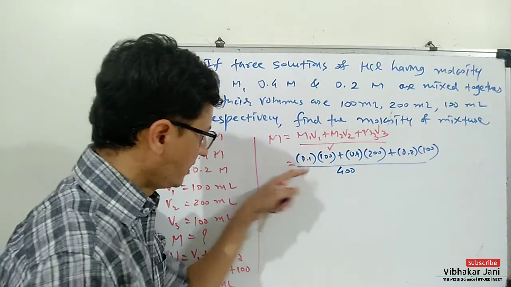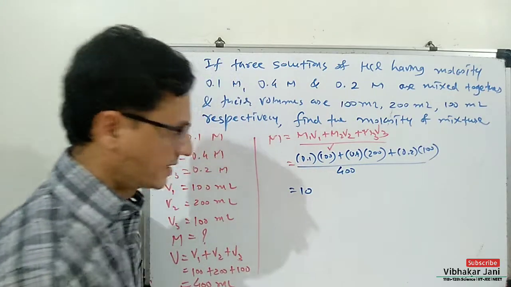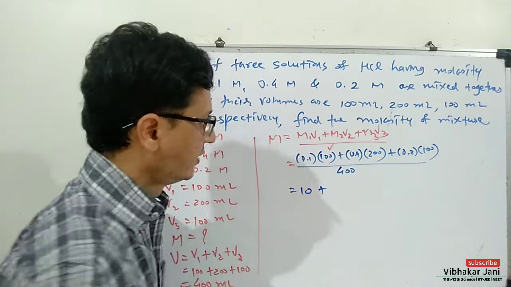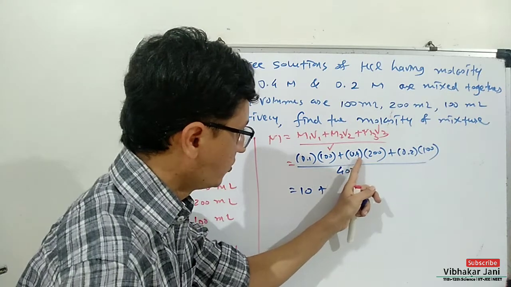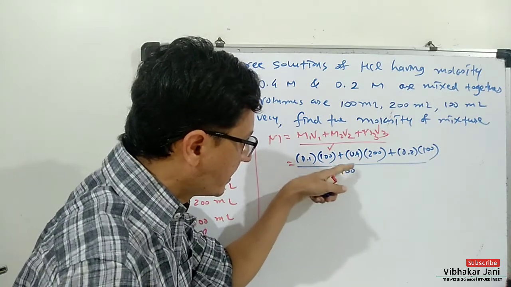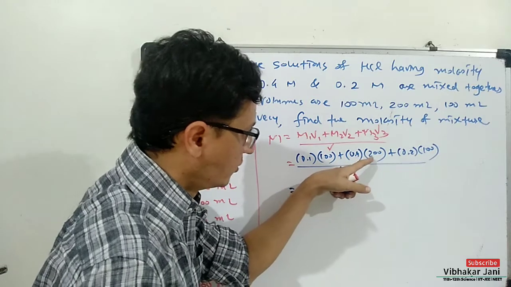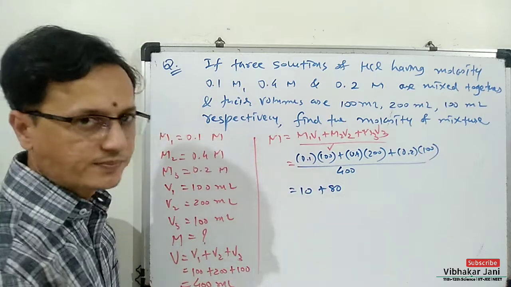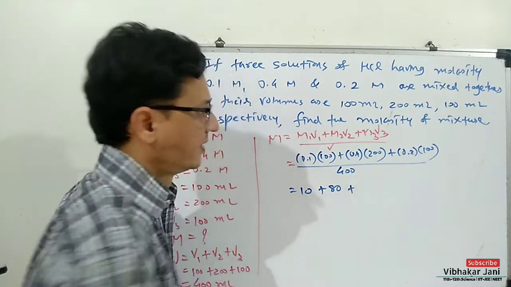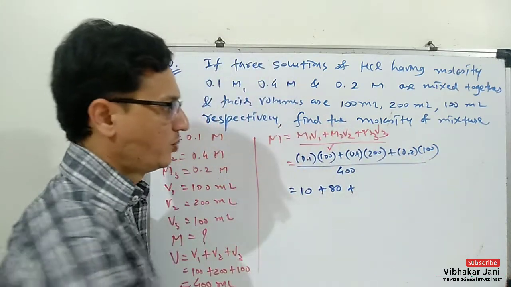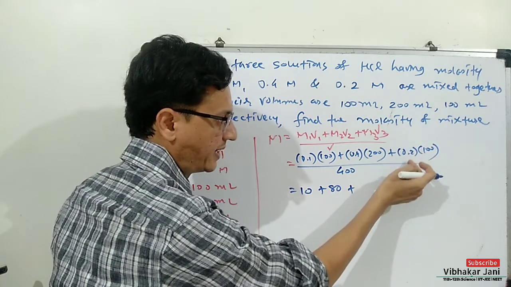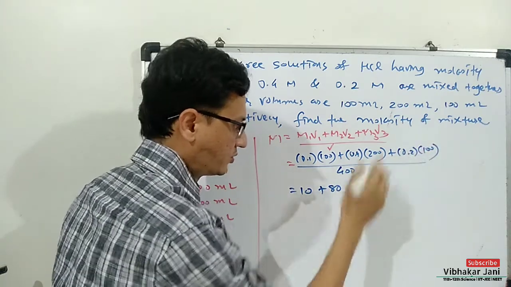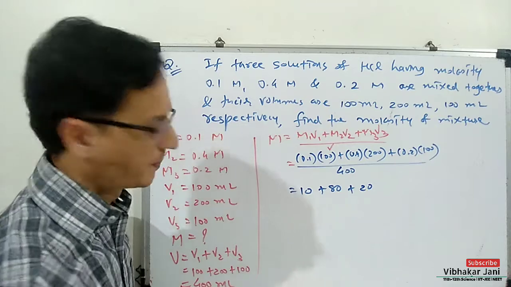Now 100 multiplied by 0.1 will give us 10, and 200 multiplied by 0.4, that is 4 divided by 10, the 10 will be cancelled. 20 multiplied by 4 will give us 80, and 100 multiplied by 0.2, that means 2 divided by 10, the 10 will be cancelled, 10 to the 20,